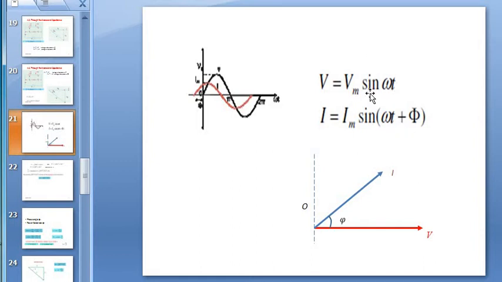Okay. V is equal to Vm sin omega t. Therefore, the black waveform has started from the 0th instant, whereas the I waveform is showing plus phi. Plus phi means leading, which will come earlier. Therefore, before this voltage waveform, the current will start, and the angle between the starting of this voltage and starting of this current will be phi. This phi. Getting?